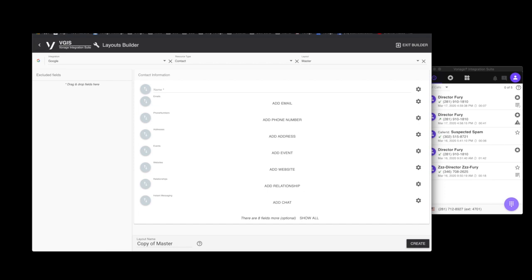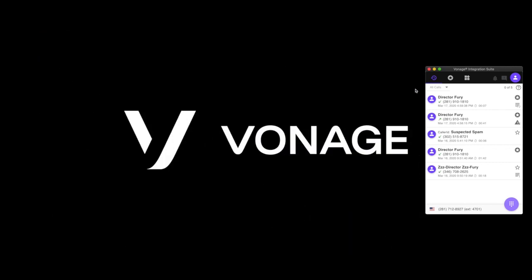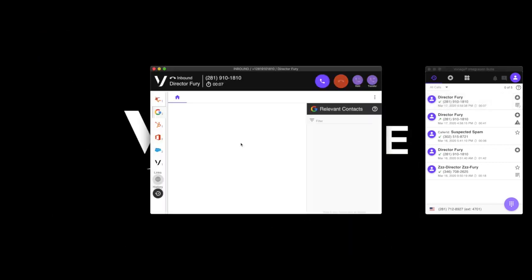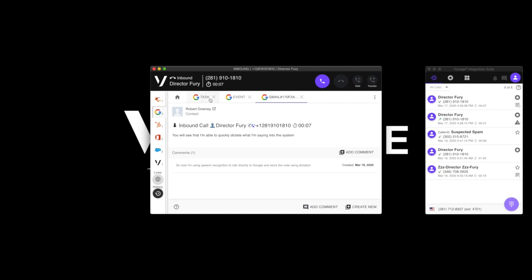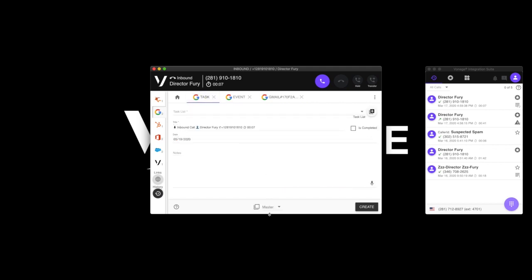This will allow me to then go back into the system in the pop-ups, and I can go in and pull those custom views up. So for example, if I go to tasks, I can click on it and change to a different template, and the view will actively change the way I want. This is a great way for you to customize the view if you have multiple departments that are capturing data in the same section, but they need to capture different data.